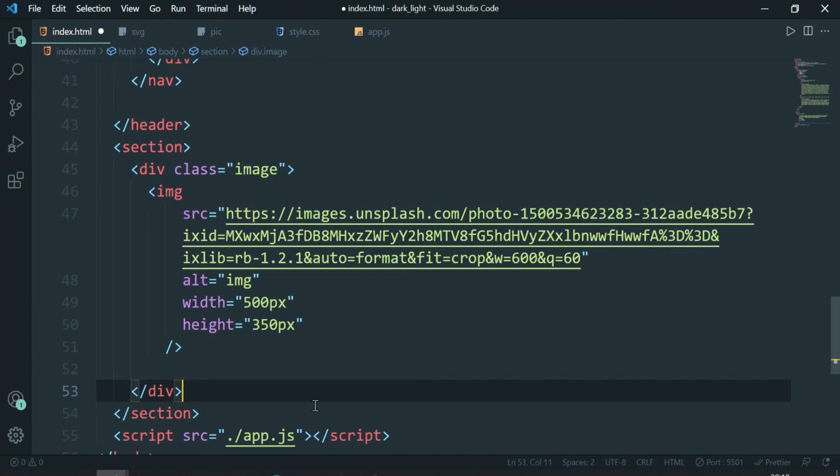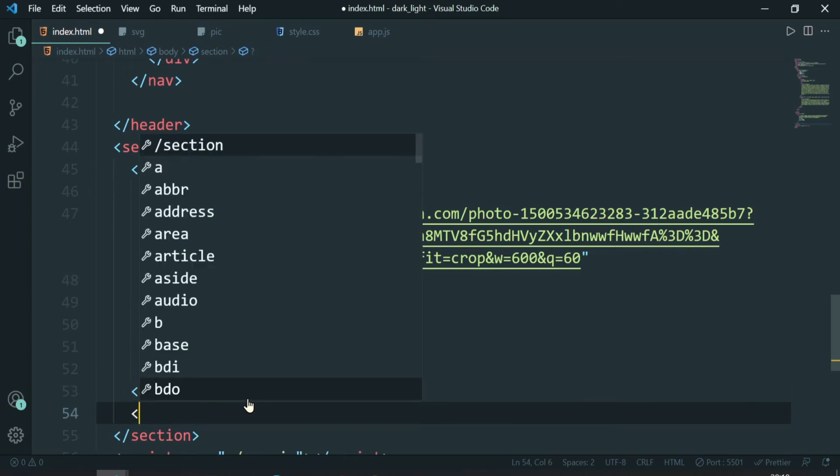So yeah, we are done with the image portion, and now let's move to after the image. Let's add some text over here. Let's create one h1. First let's create a div, and in that div we can wrap up everything.